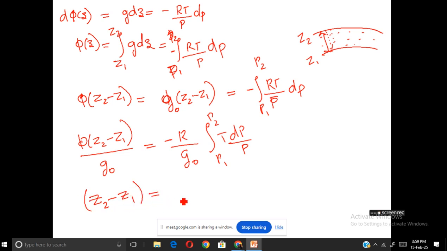Z2 minus Z1 is equal to minus R by g0 integral P1 to P2 T dp by p, the geopotential thickness,